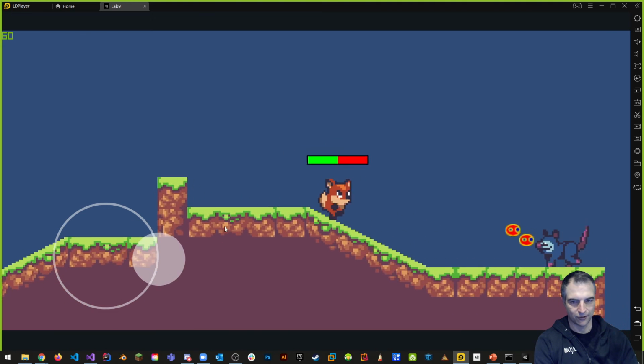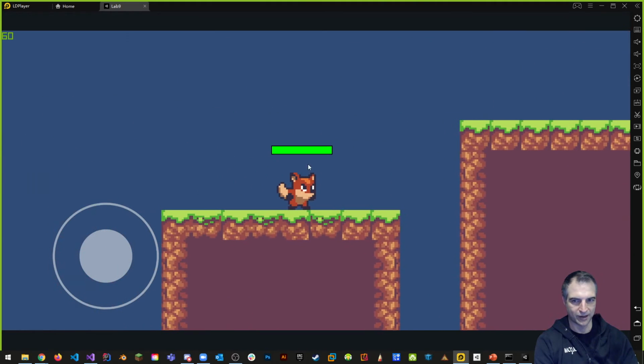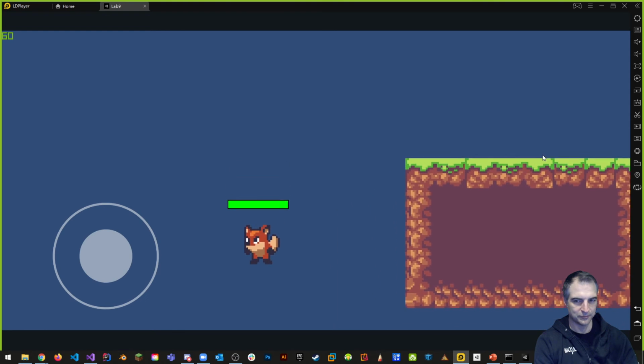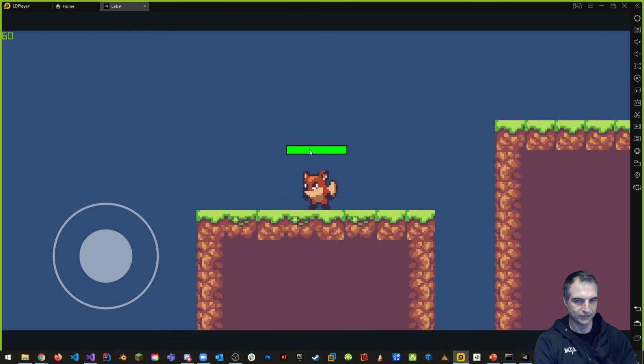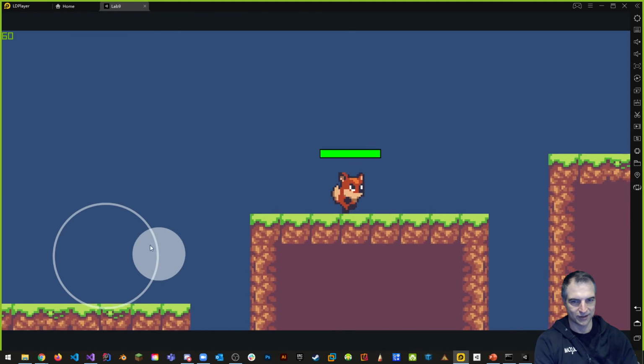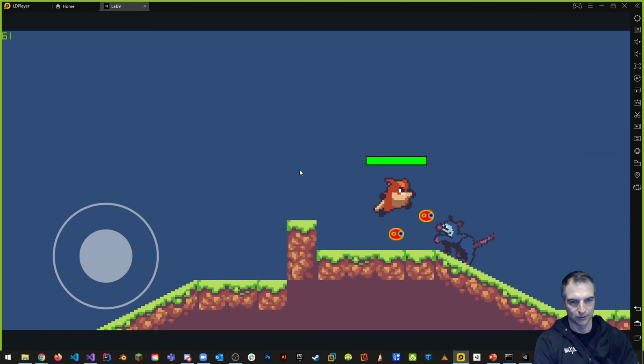And what happens if I fall? I fall off the edge, and boom, I got my health back, and I'm back to here. And I fall off the edge, and fall back to here, full health. And I only have one life left, so I want to see myself stay at the bottom of that edge, which is going to simulate the fact that I'm going to